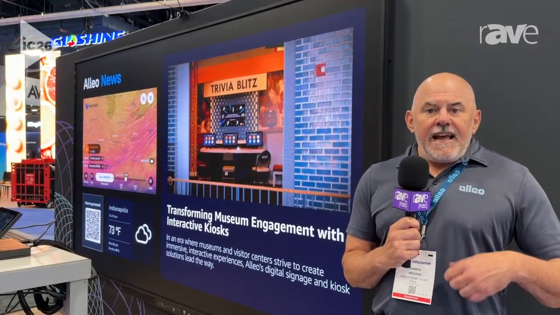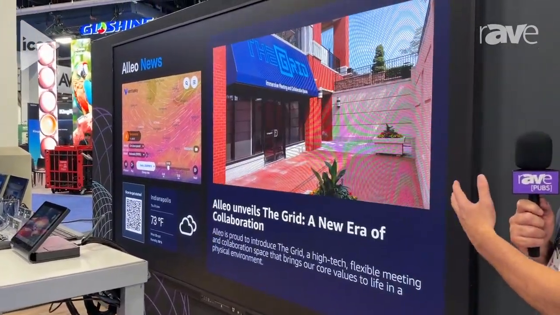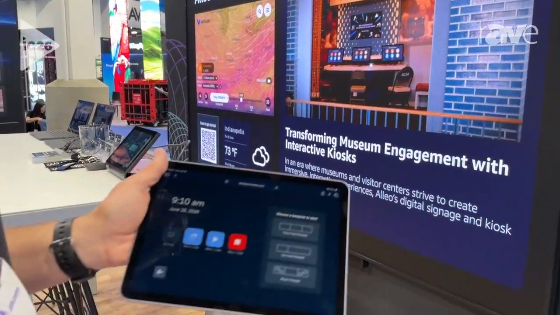Welcome to InfoComm 2026. We are here at the Alleo booth and we're going to show you our browser-based collaboration platform, a very simple way to present for experience centers, briefing centers, and innovation centers. My colleague Josh is going to go through this on his iPad, but first we're going to show you the flexibility. You can start with a simple digital signage application, and now Josh is going to drive the presentation, first